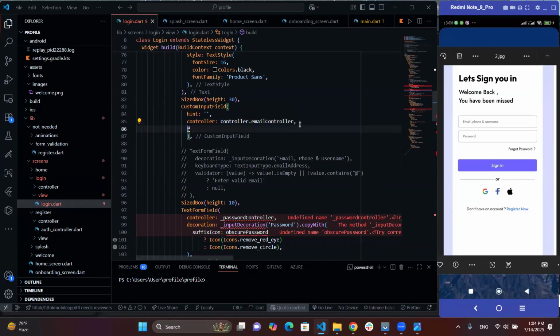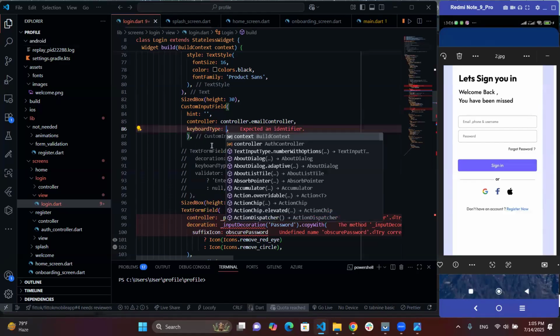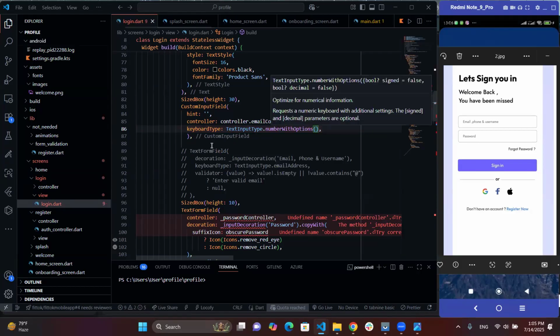Then the next thing to add is, when you look at it, there's usually more, but you're only seeing this because this is what is coming from that custom input field. So next thing we have is keyboard type. Keyboard type is going to be this input type, or not number options. Since this is for email,